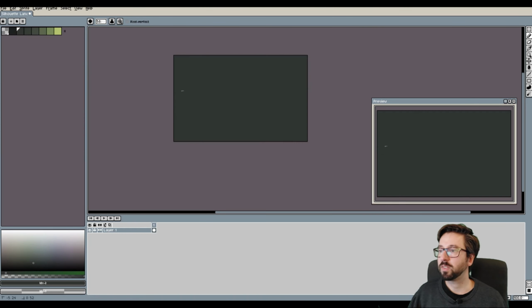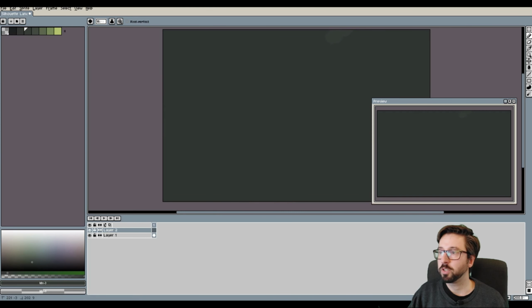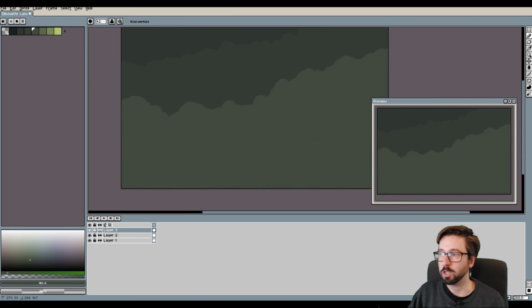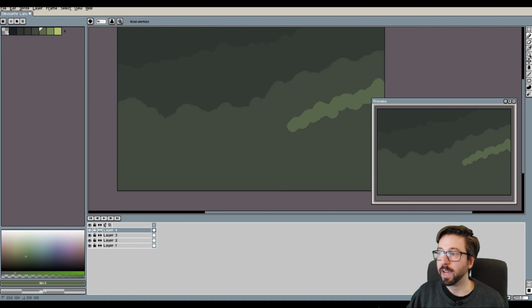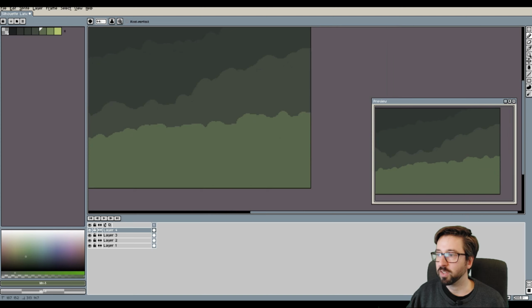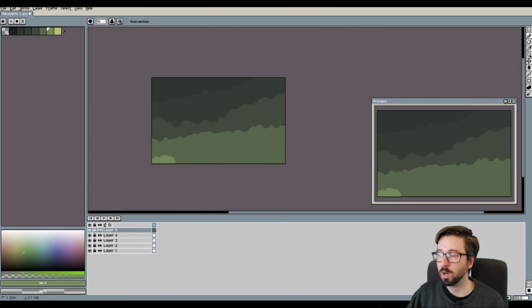I started creating this scene by putting down some colors, which consist of a couple of green tones from dark to light, and I'm just laying down the basic shapes of the clouds that you will see in the background of the final image. By the way, as you can see, I'm using Aseprite as my tool of choice. And in this case I used a canvas size of 320 by 200 pixels.